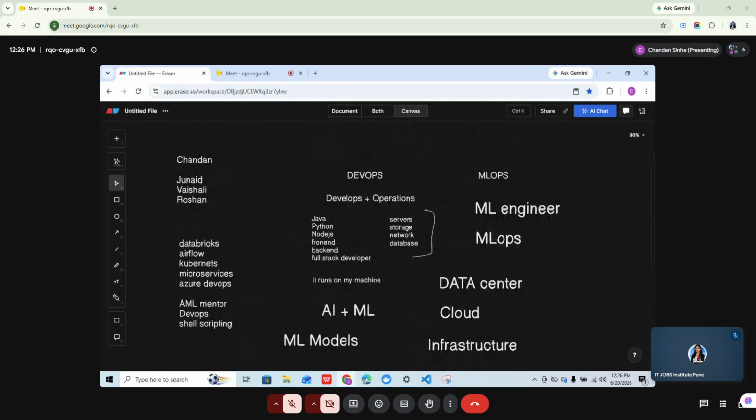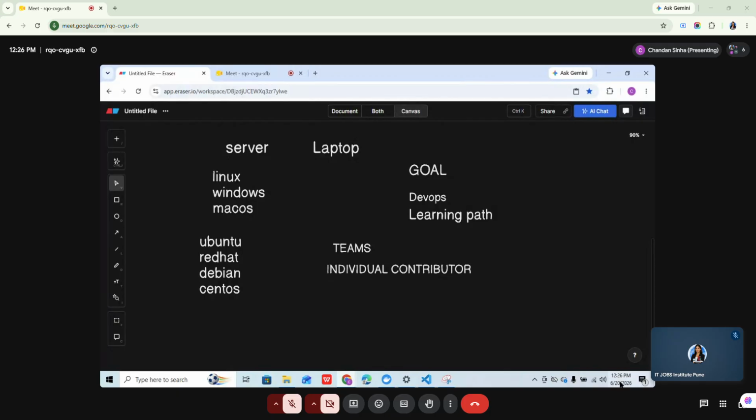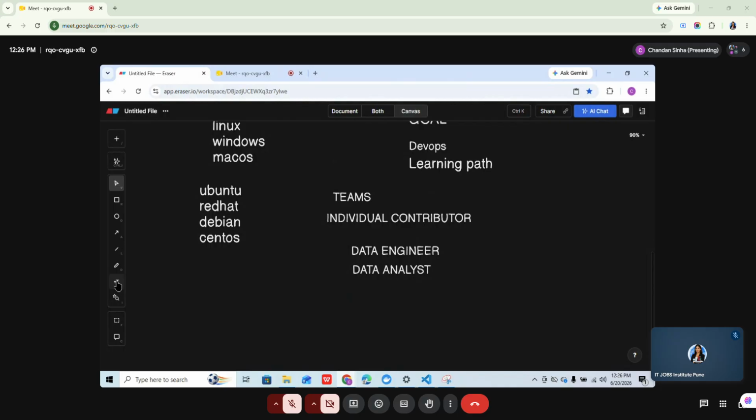There was a time, and still in the market, there are a couple of roles which are always in demand. One is data engineer, and then data analyst. It's all related to data, and one person can move from one role to another, not a big deal. Similarly, we have DevOps, which can move to MLOps,